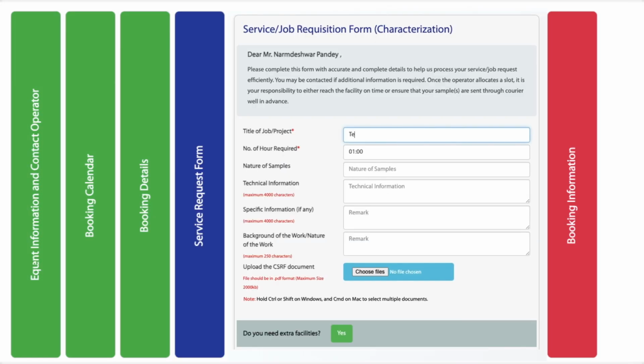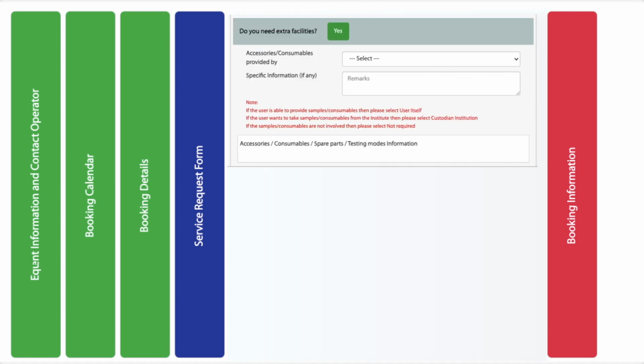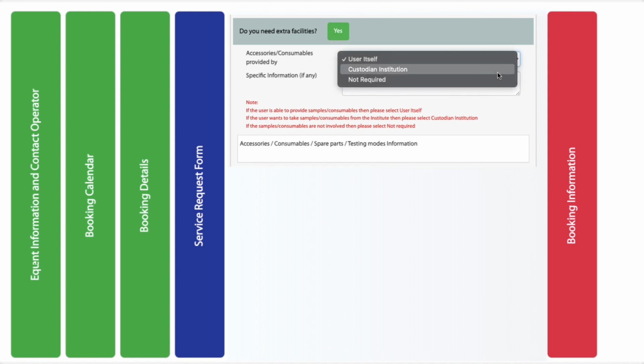In the Service or Job Requisition Form section, provide the job or project title and required information. Upload the completed CSRF form and supporting reference documents, if any. If you need extra facility like consumable, then click Yes. Select the correct option from the accessories or consumables provided by field drop-down.